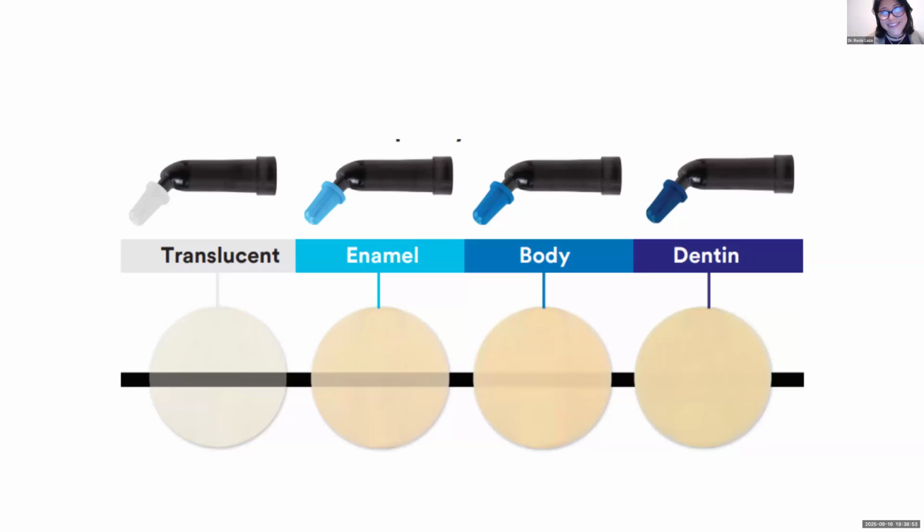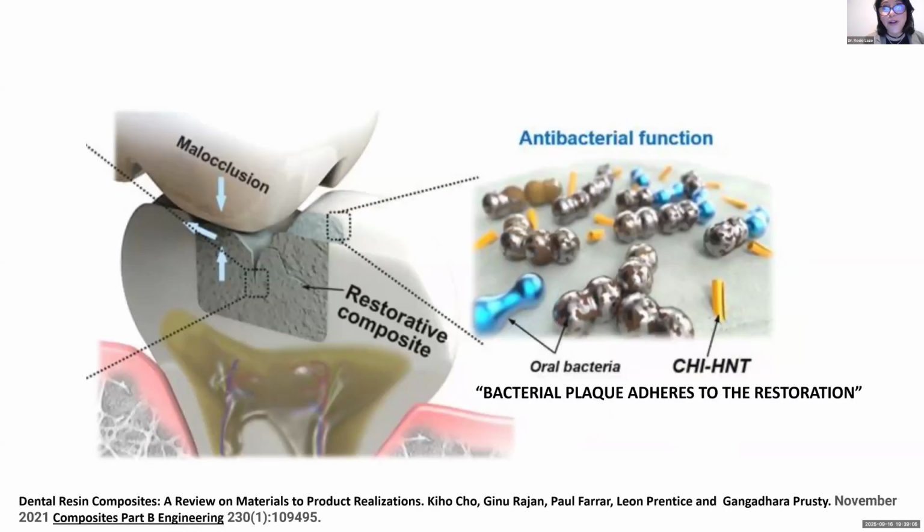If you want the best aesthetic, you need to buy different shades, different colors to have the perfect matching color in your treatment. Another problem with the resins, it's not going to resist so well the occlusion forces. And you need to polish so well. It's important to polish well because the rugosity of this material then attracts the biofilm